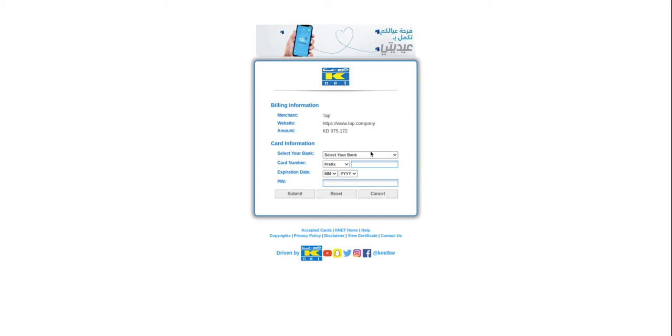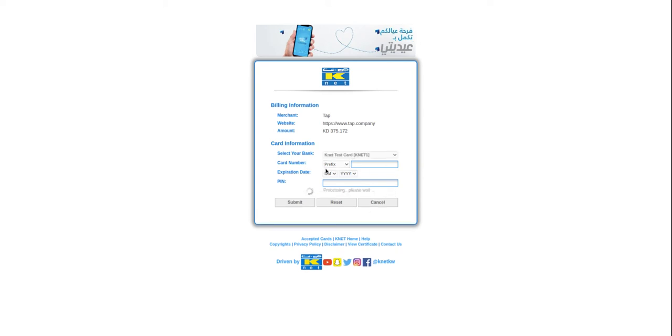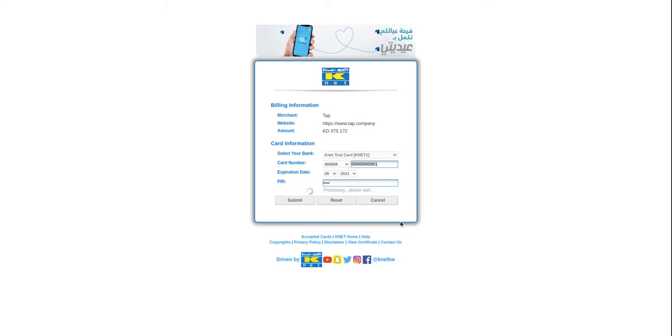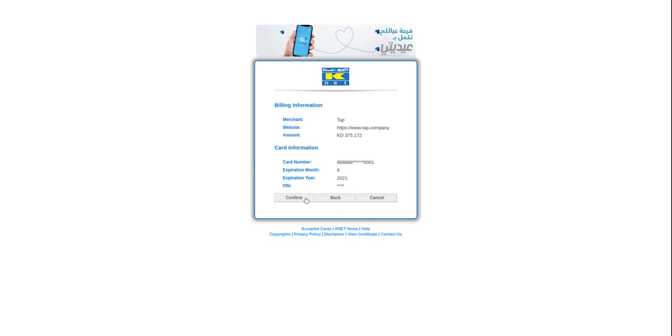You have to select your bank and simply enter your card details. After adding the card details, click on submit and confirm.